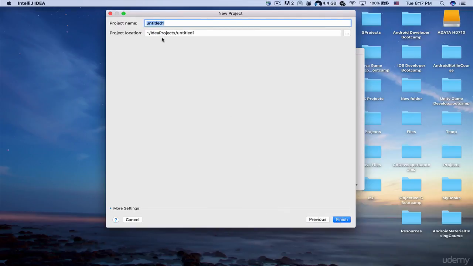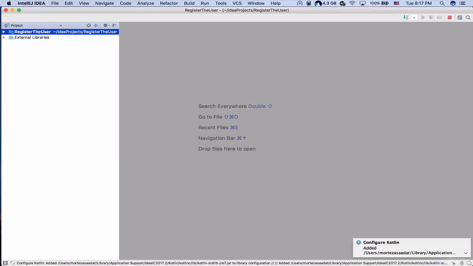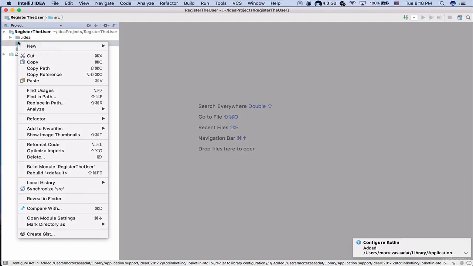For the project name, just type in here Register the User, and then click on finish. So let's wait a little bit here, open this folder, register the user, right click on this src folder, and